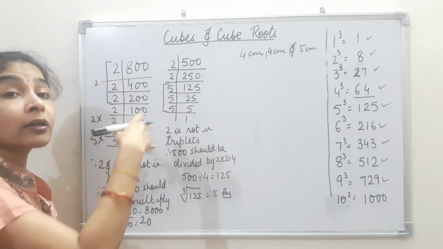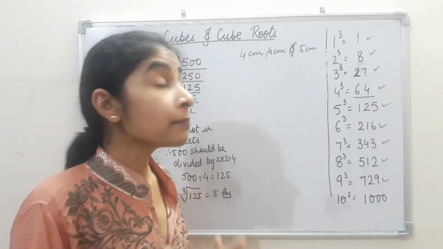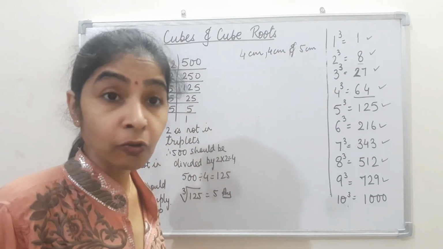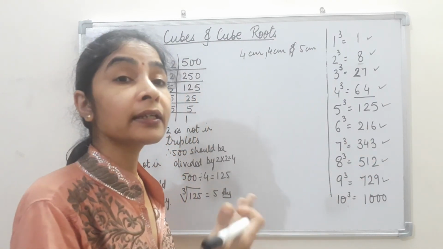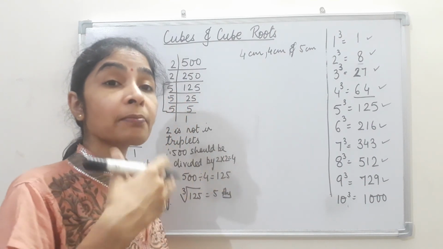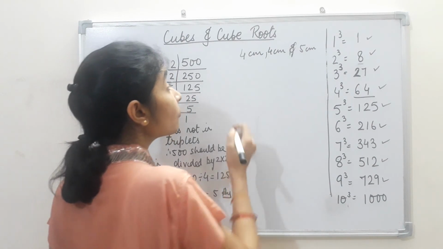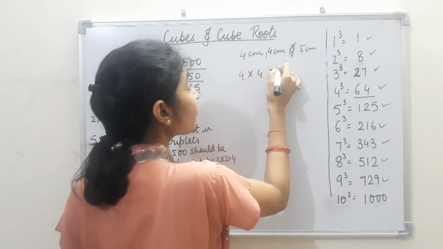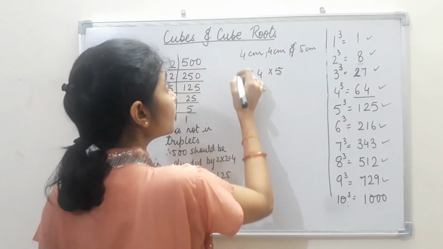this, what number should be multiplied to it to make it a perfect cube, because when we multiply these three numbers we are not getting a perfect cube. So they are asking how many such cuboids are required to make it a perfect cube. So we need to find out what number should be multiplied to it to make it a perfect cube. In that case, what we will do is 4 into 4 into 5. Volume of the cuboid. Right now, what is the volume of the cuboid?